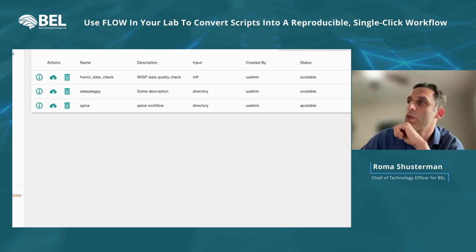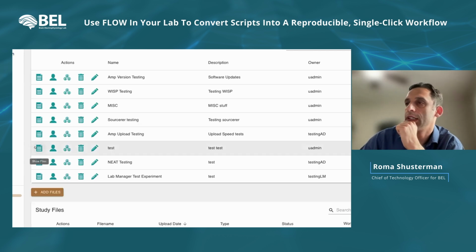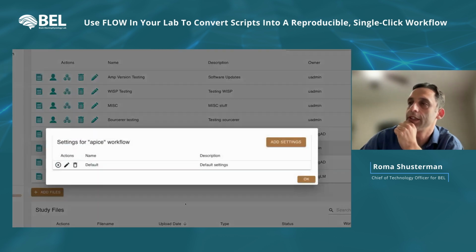Perfect. So the status is available. It's done. Now we can go to study and execute it. Now this APICE workflow, what we containerize, is available as part of workflows that Flow supports. Once we run here,